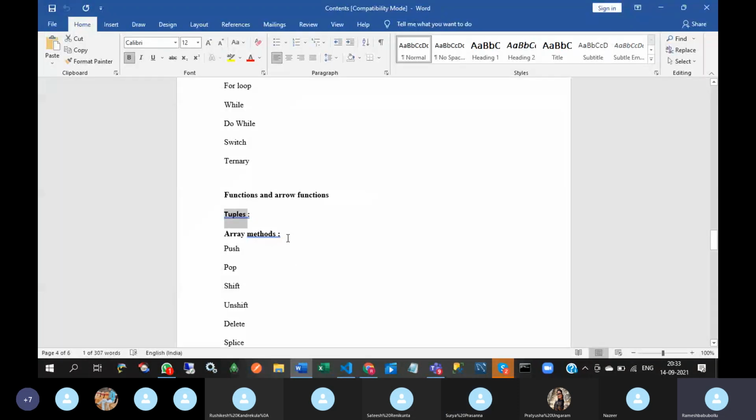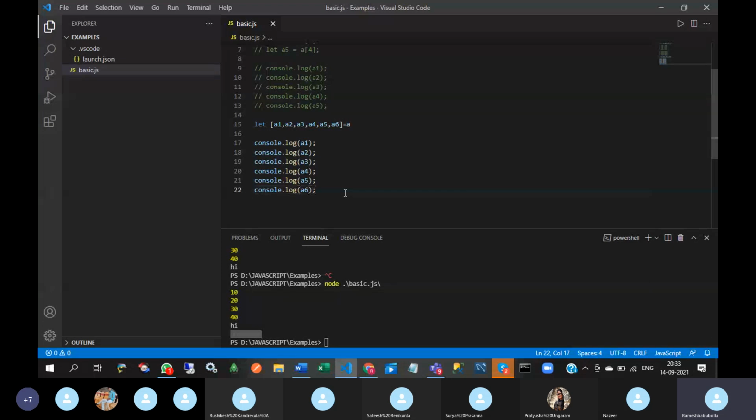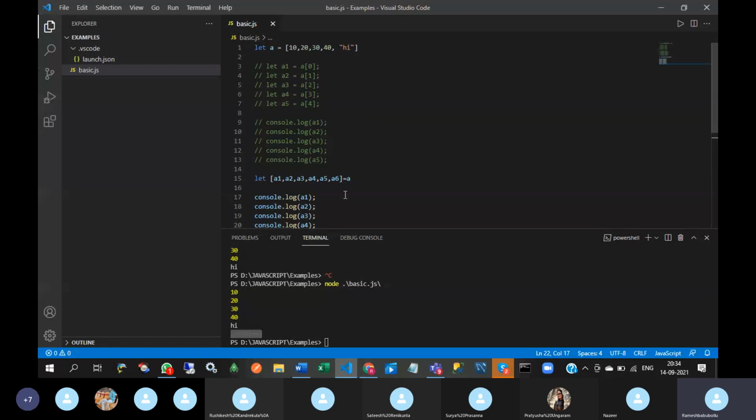And next one is array methods. So tuples and arrays both look the same, but the small difference is arrays will accept only a single type of elements, but tuples accept more than a single type of element. Okay, arrays accept either numbers or strings only.